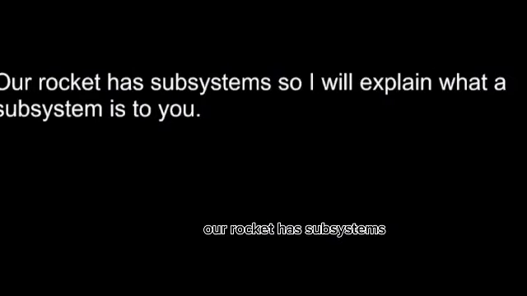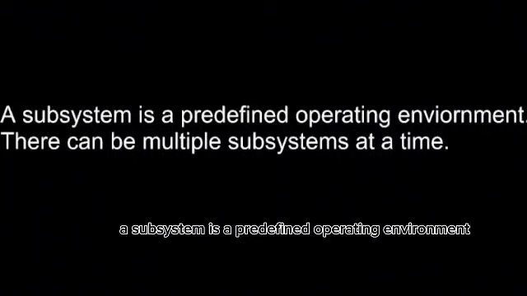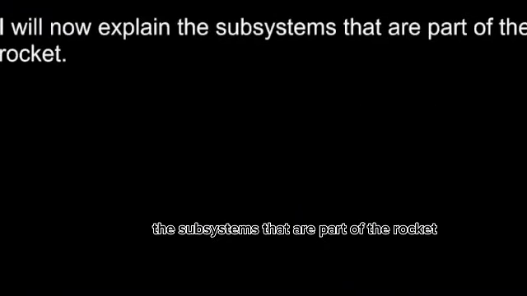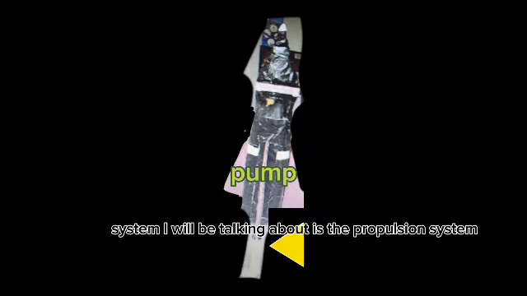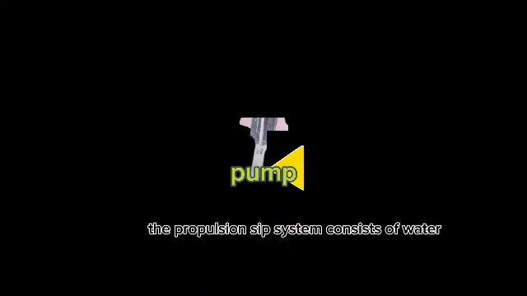Our rocket has subsystems, so we will explain what a subsystem is. A subsystem is a predefined operating environment. There can be multiple subsystems at a time. I will now explain the subsystems that are part of the rocket. The first subsystem I will be talking about is the propulsion system. This is what propels the rocket through the air. The propulsion subsystem consists of water which will be pressurized through a pump and be used to propel the rocket